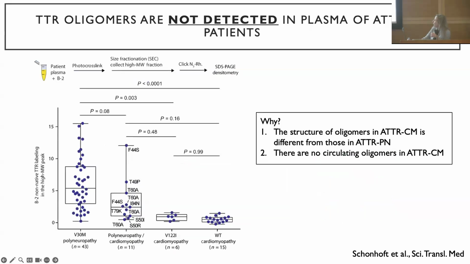But then when they looked in people with cardiomyopathy from ATTR using the same probes, but obviously a different mutant, they couldn't detect any circulating oligomers. But I showed you in that Western that there are circulating oligomers. So we think that even between the two diseases, the structure of the proteins is probably not the same, because if you're using the same probe and yet you can't detect the same structure in a different patient, I think there's a lot going on here.